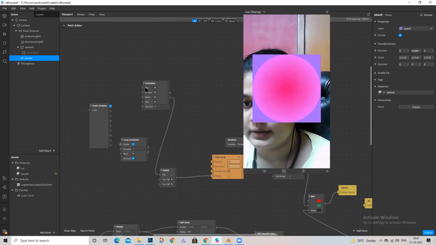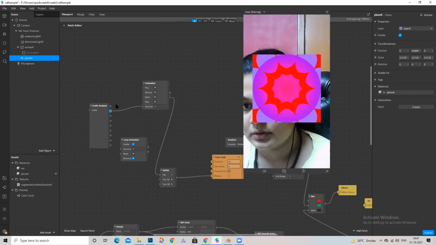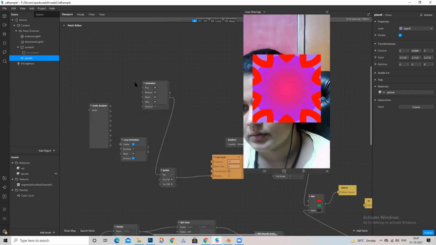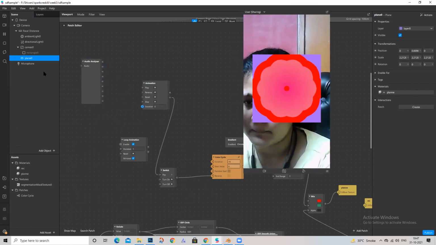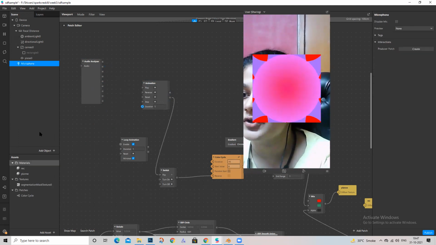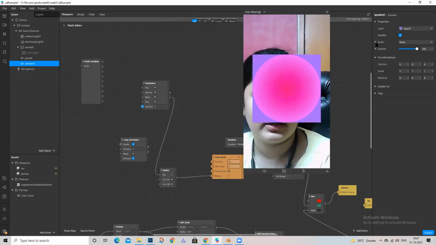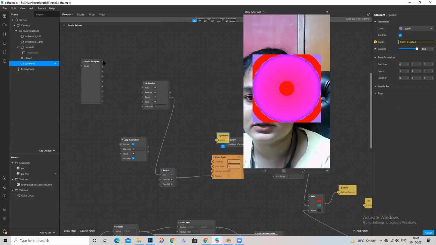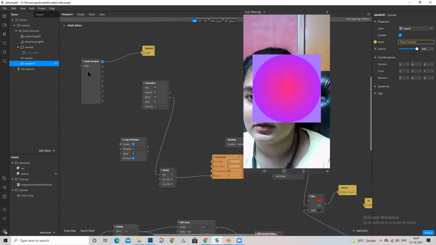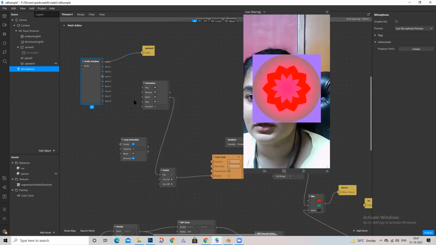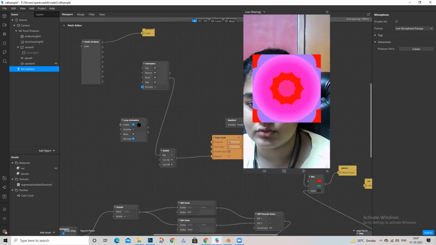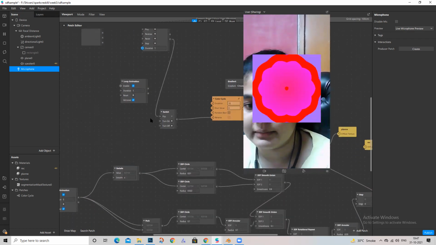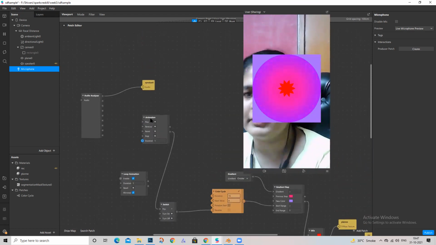I'm not sure about this, but maybe we can try this out. Maybe you can try this out and let me know if this works. I'll have to connect these two, all of them, and maybe you can try and show it to me. So that's something we can do using SDFs.